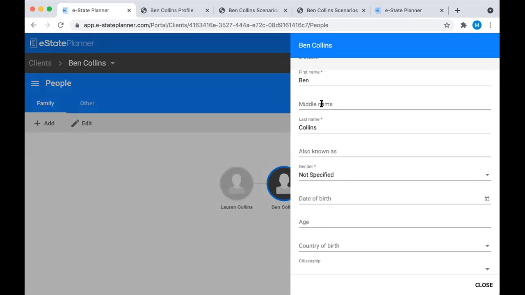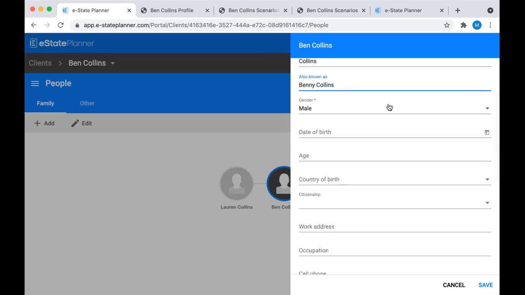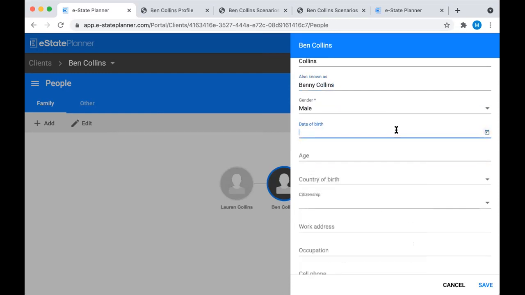And so for anyone on the family tree, the key fields are first name, last name, and gender. You want to make sure to change the gender so that the wording of the will comes out properly so it's not repeating throughout. If you have an also known as field, so Ben's also known as Benny Collins, you can type that in. Date of birth, you can pick it from the calendar or you can type it in as well. So let's say June 6th,